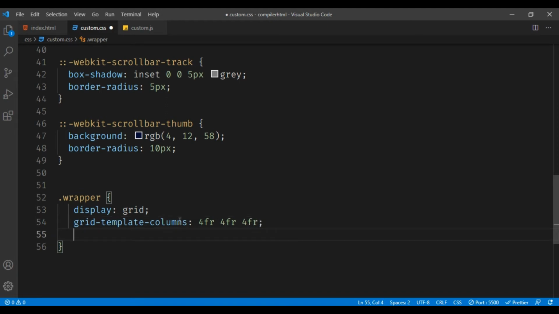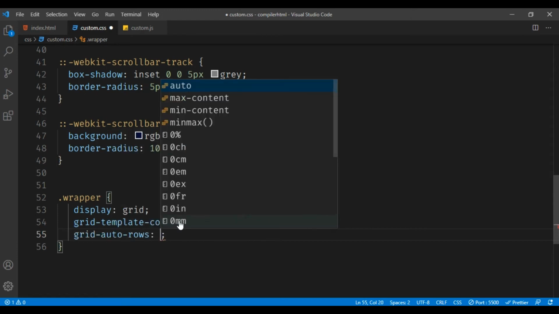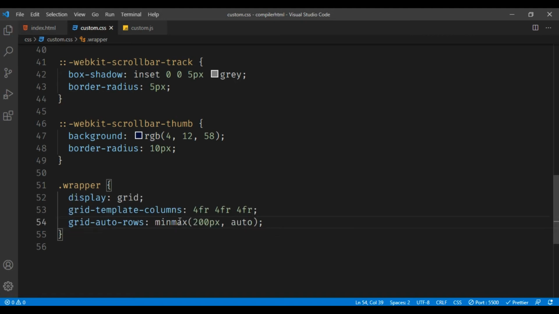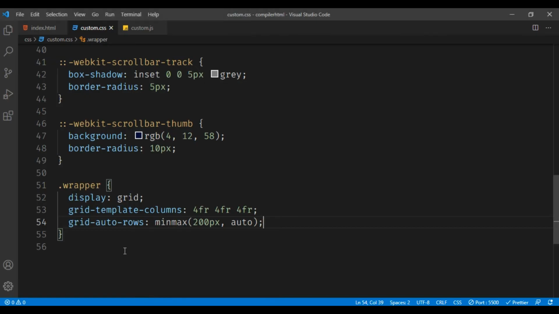You can make it repeat 3 times 4fr, and grid auto rows. I want minmax 200px. You can just see there's minmax of 200 in each of the grid rows.